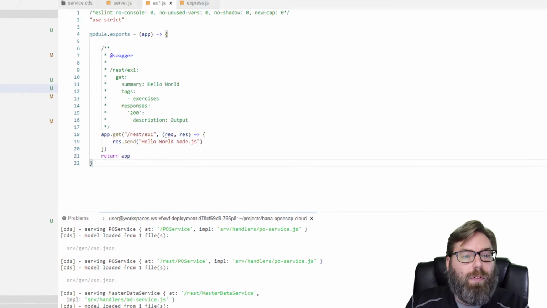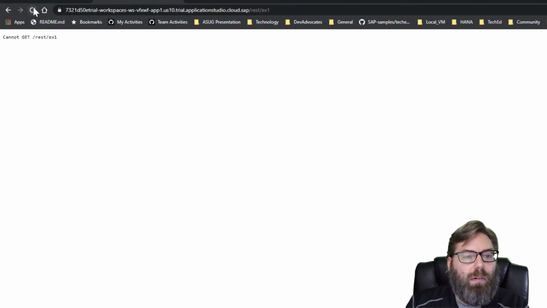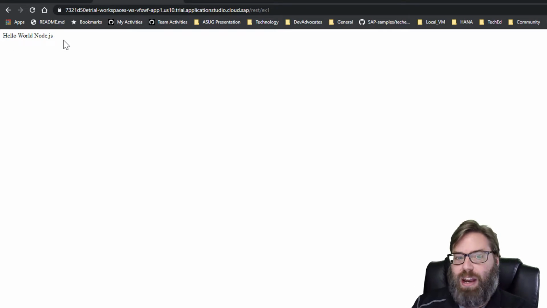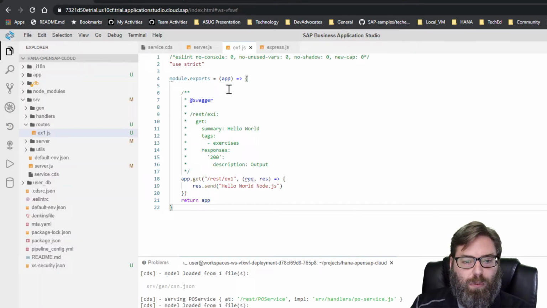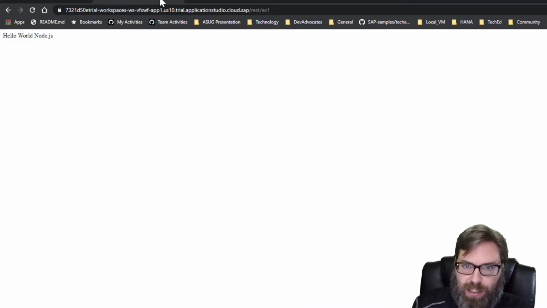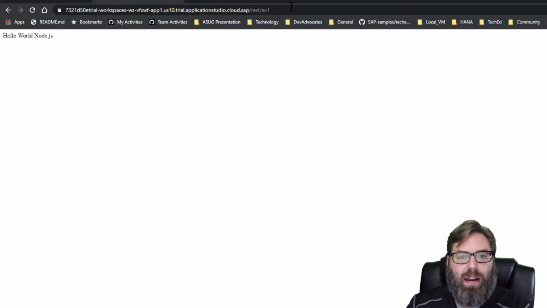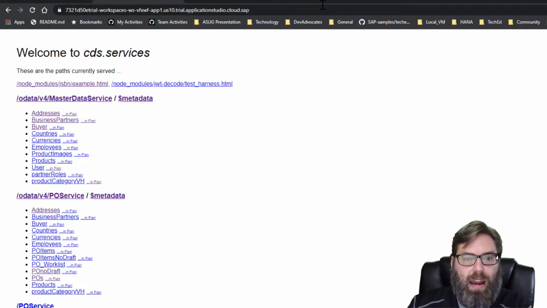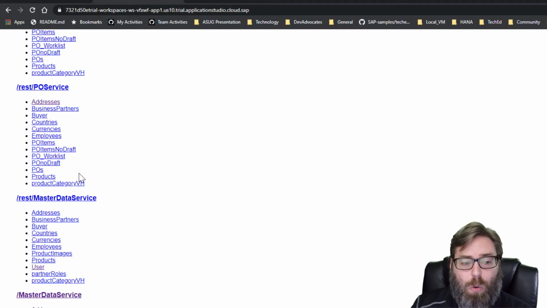And running on port 4004. And now when we refresh REST EX1, now I get hello world Node.js. So with just a few lines of code, and by putting it in a certain folder, I have added my own custom RESTful endpoint to my CAP service, not having to create a separate service, but mixing this in with the CAP service. Of course, if I go back to the main CAP exploration page, it doesn't know about this service,